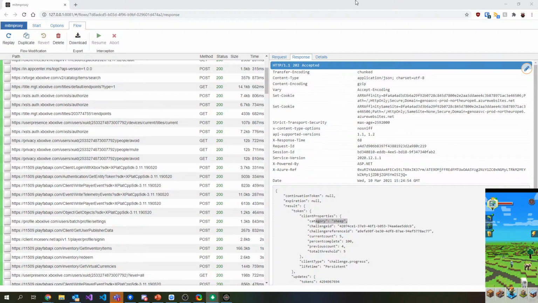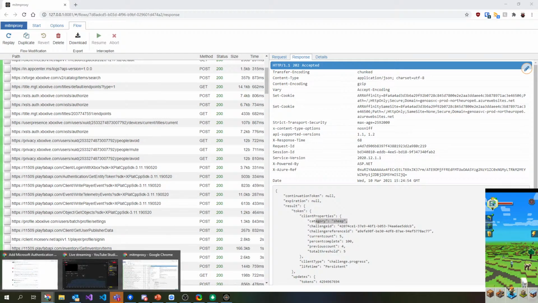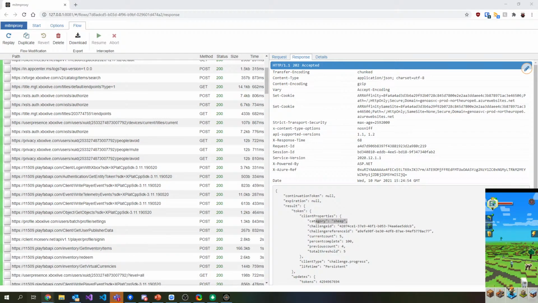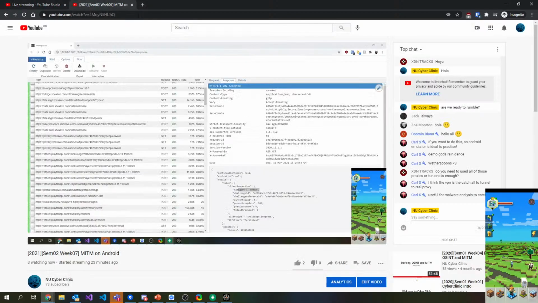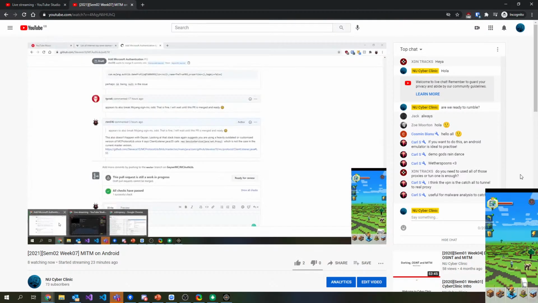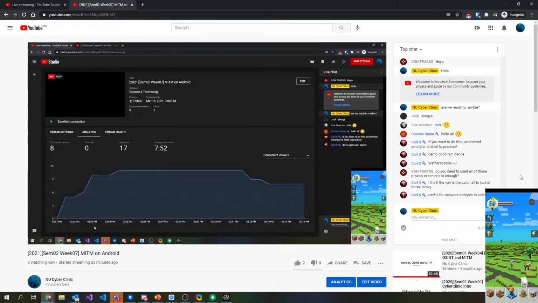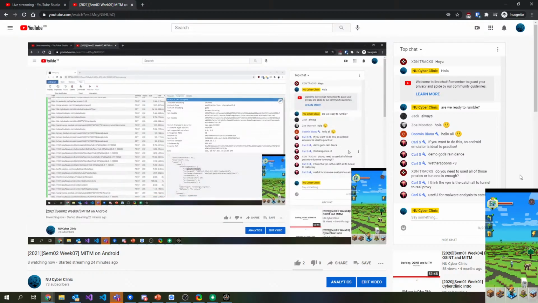Unless anyone's got a question. There have been a couple of questions whilst you were doing your demo. Do you need to use all those proxies, or is just one of them enough? Yeah, so TomProxy is the app on your phone to